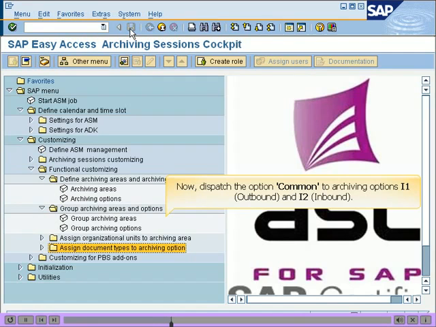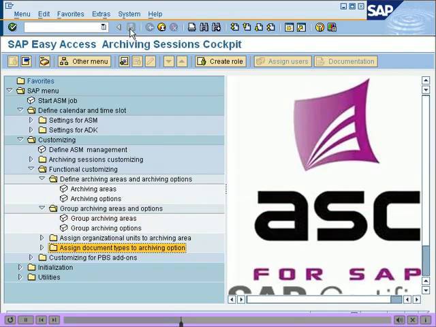Now we have to group archiving options. The archiving option Common will be dispatched to archiving options for outbound and inbound message types. The advantage is that the option Common will include message types which are used by inbound as well by outbound